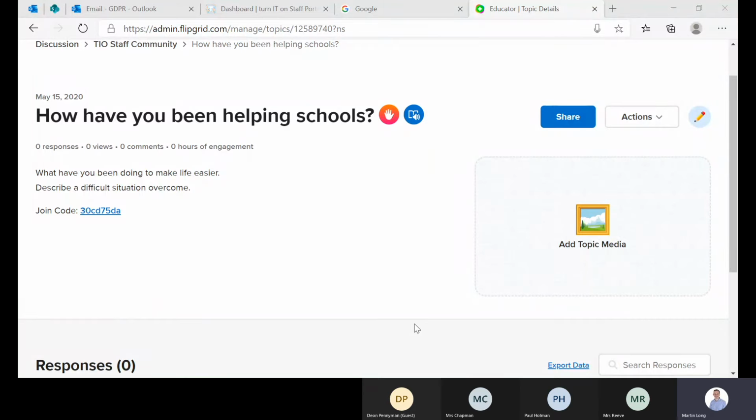It's meant to be, if you want to know more, we run sessions all around Flipgrid, but it gives you a flavour of what's possible and what you can and can't do with it. And also it might be one of those tools that you want to weave into your ETF vision to understand a little bit more how it works and have some time to investigate how it might fit into your school.